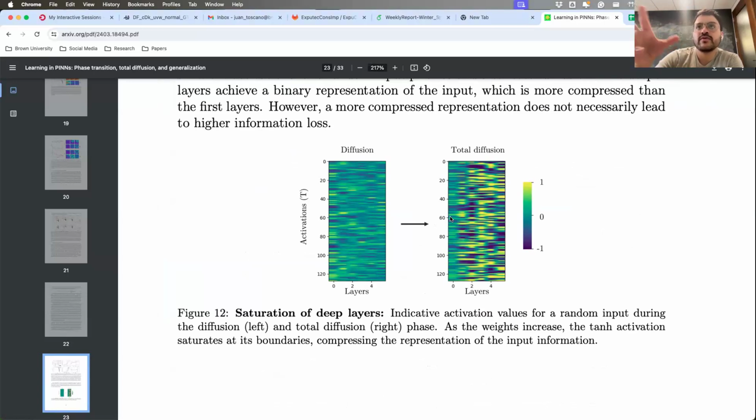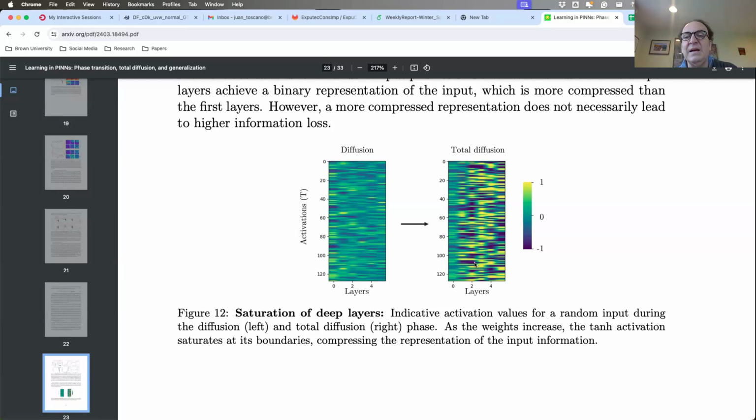So essentially, when we call this total diffusion, it's in the later stage of training. In this total diffusion, we observed that the SNR reached some kind of plateau, and you have this nice balance between the noise of the gradients of your parameters and the mean of the gradients of your parameters. And then you see that when you reach this plateau, the layers start to become somehow binary. In the first stages, when you're fitting, everything is continuous, and when you're in the diffusion stage, everything becomes binary. Very interesting.